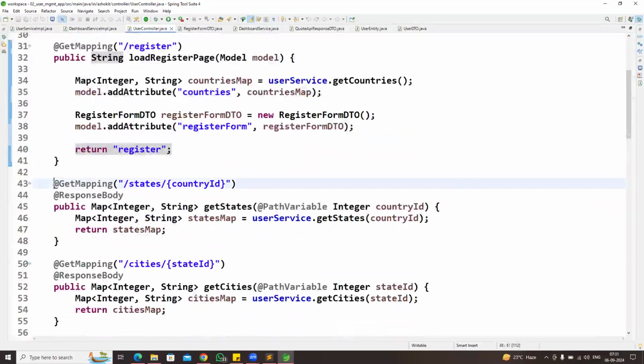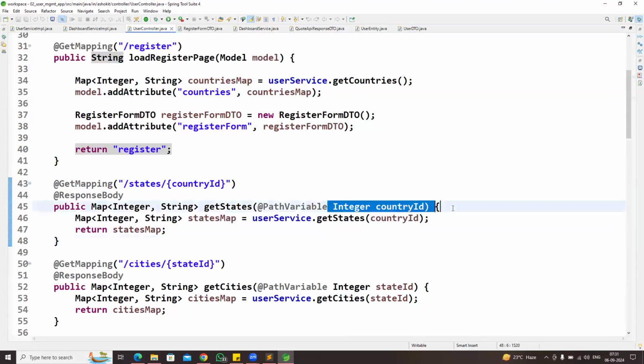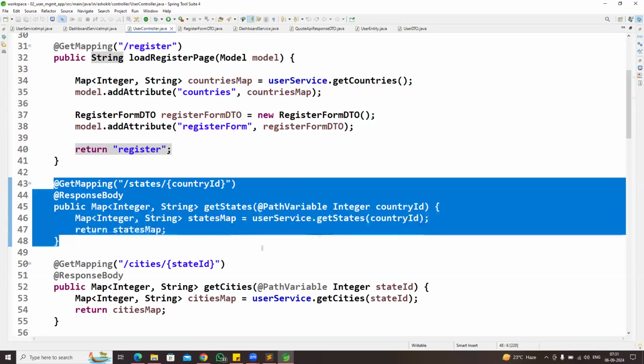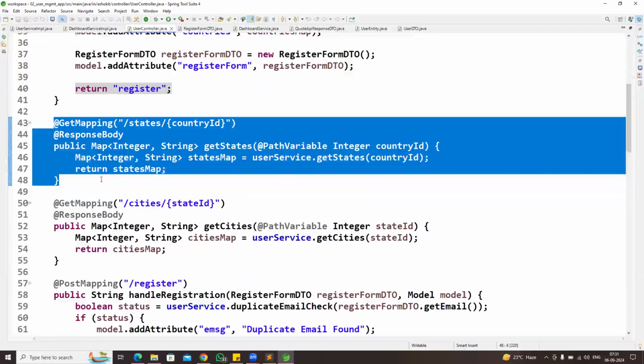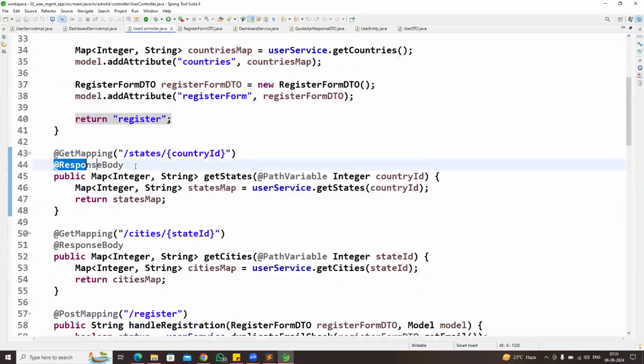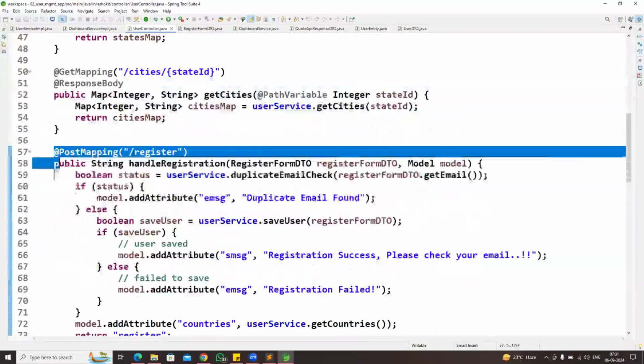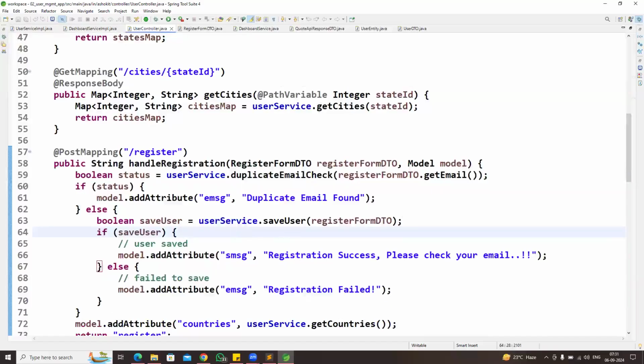Okay, and the next one is a method called getStates. Based on the country selection, the states will be loaded. And the next one is the cities method. If you see, the getStates and getCities methods have the ResponseBody annotation. That means they are going to return a direct response to the client. And next we have the user registration method. When the user clicks on the register button, this method is going to execute